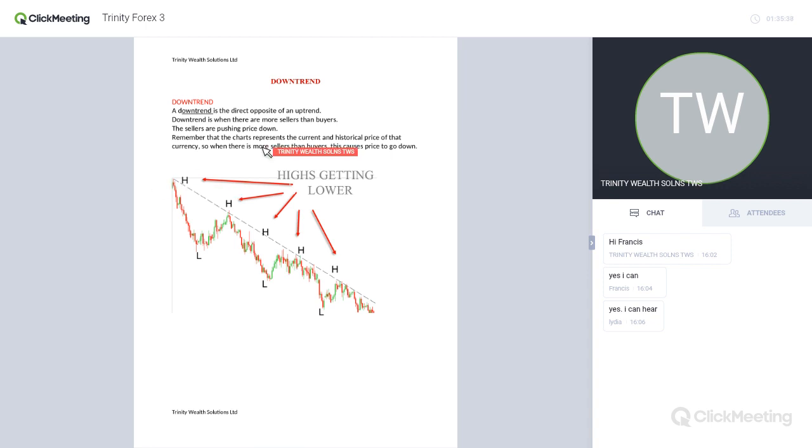So downtrend is when there are more sellers than buyers. The sellers are pushing price down. Remember that the chart represents the current and historical price of that currency. So when there are more sellers than buyers, this causes price to go down. So again, you see the highs are getting lower and the lows are getting lower because the sellers are in control, right? So let's say you came in when the price was,